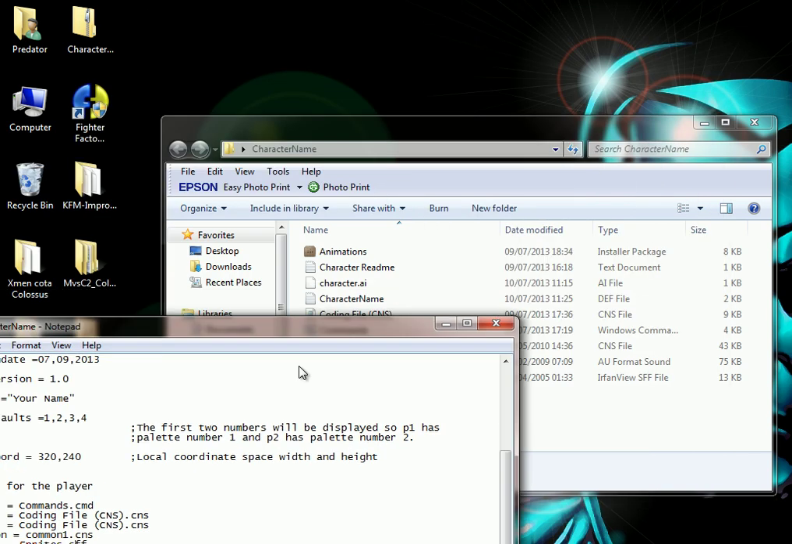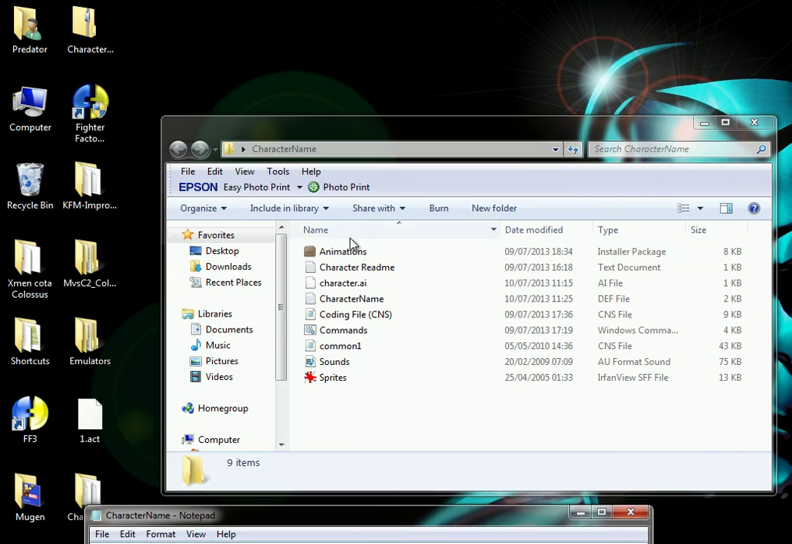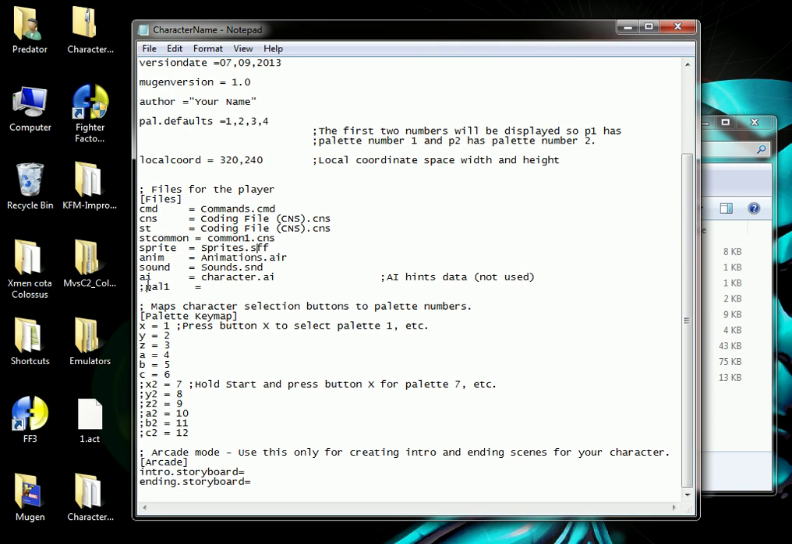One thing I haven't included in the template is a palette. That's because obviously your character will have their own palette, but to add your actual palette that you made in the previous tutorial, I'll show you how to do that now. If you notice, I've commented out PAL1, which is the line for what your palette name is going to be. So if you just delete the semicolon,